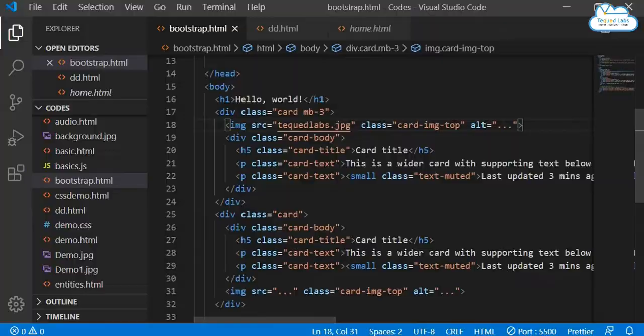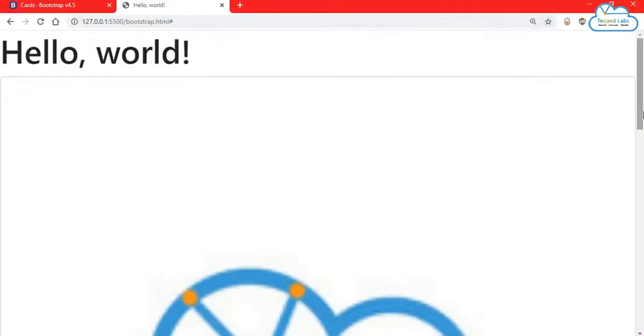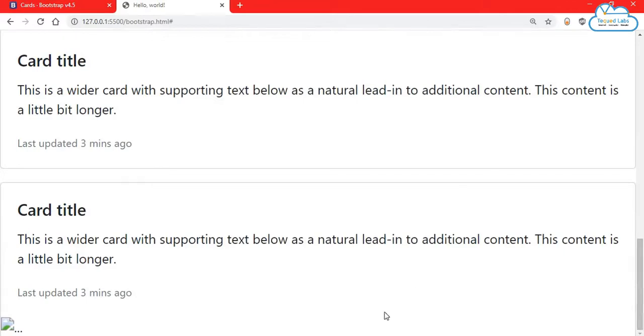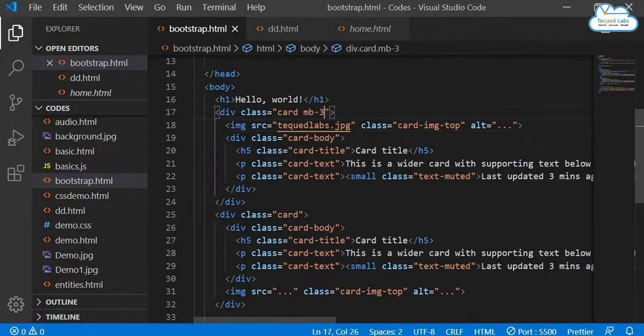techvidlabs.jpg, Ctrl+S, go back, check the output. Now see, the image is bigger, right? So the image is bigger and the card is also bigger. If you don't use this MB3, let me check what happens. Ctrl+S,